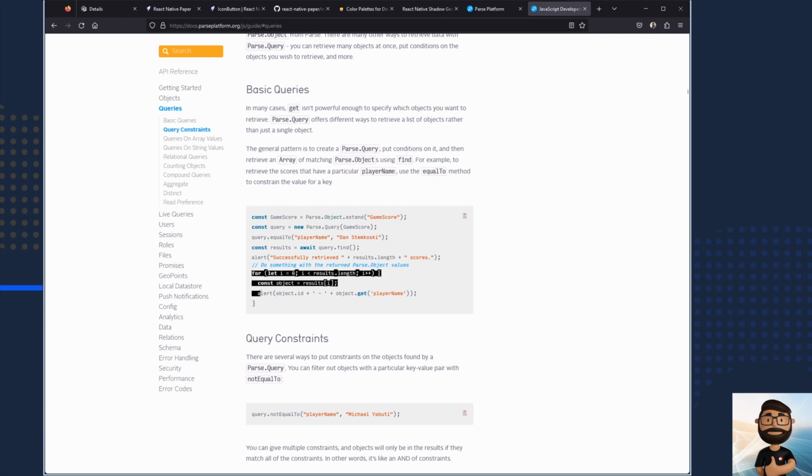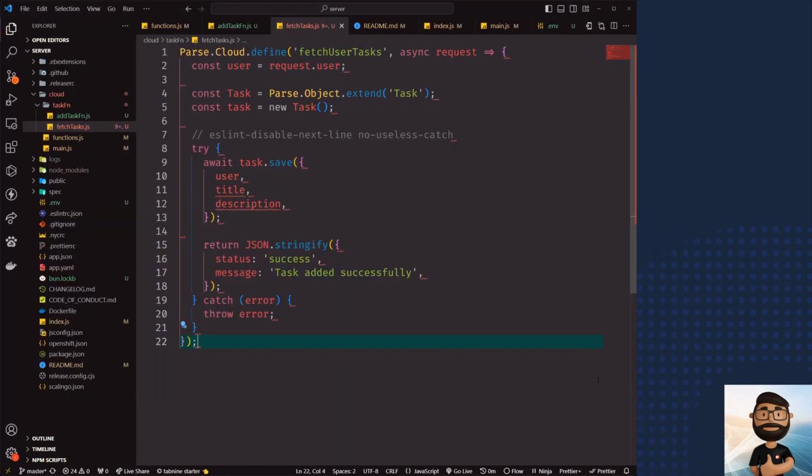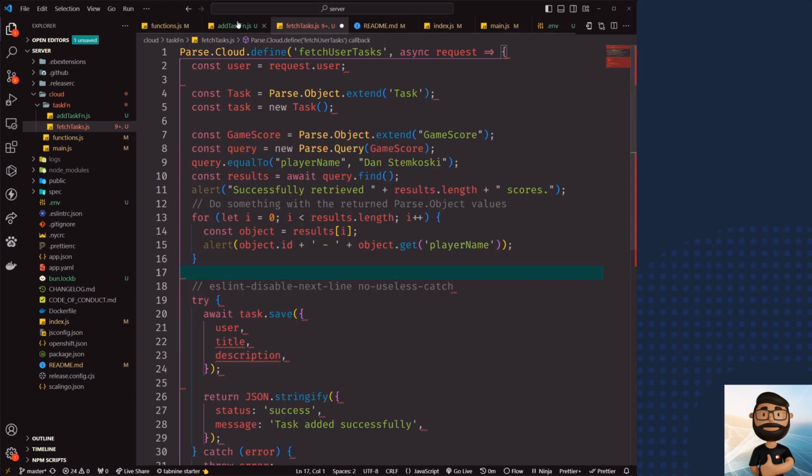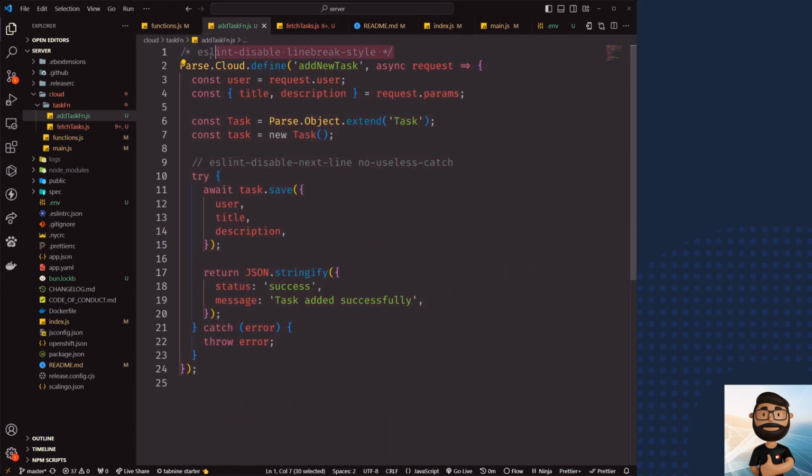And here we are doing the for loop and extracting the data by object.get of the player name. Okay, so let me copy this and I will explain the code step by step in our code editor. So let's get back to the server side code editor, and let me paste it here. And I will quickly copy this ESLint